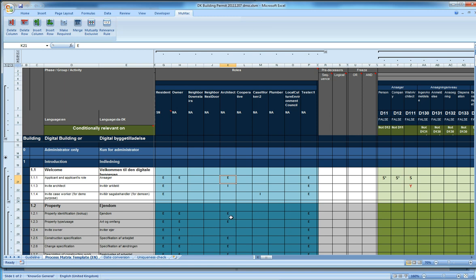Wherever the resident can do something, he can also let the architect do it, but we have said that the architect is not allowed to sign. So this will govern who is allowed to execute the steps. If you don't put anything, you will be able to see the step. So it means that, for instance, the caseworker in this row can see the step